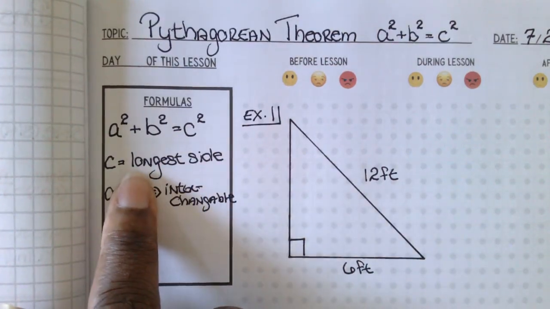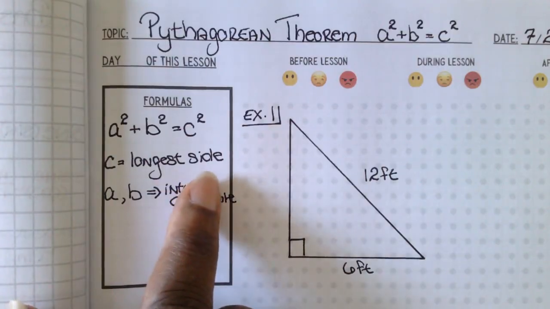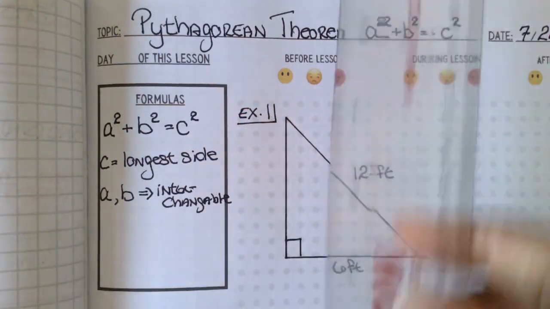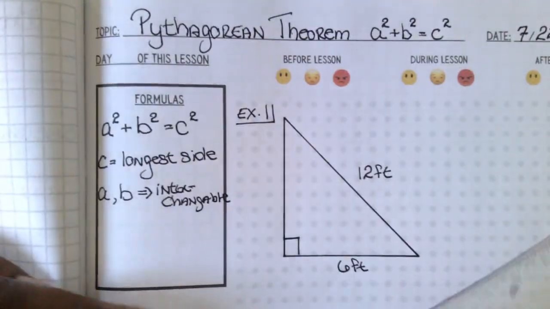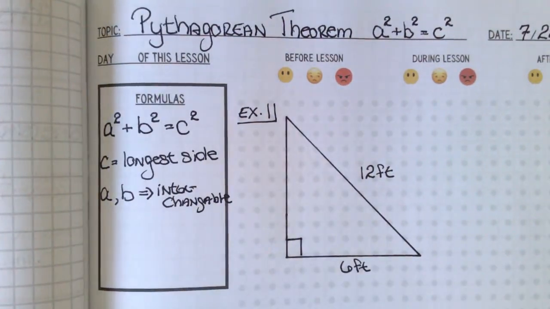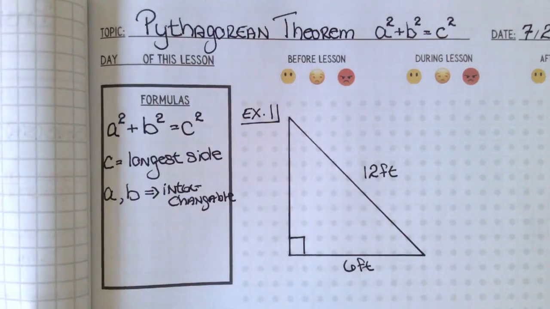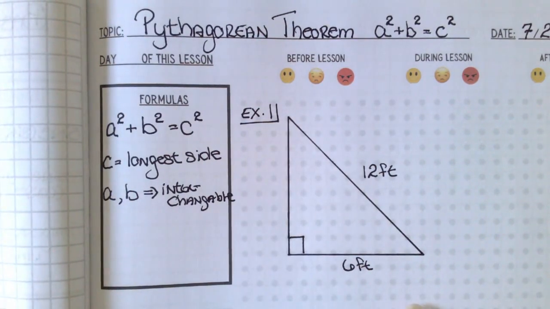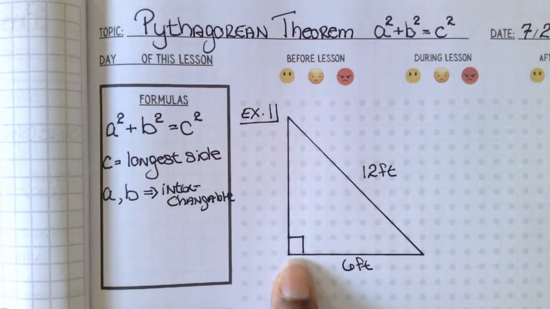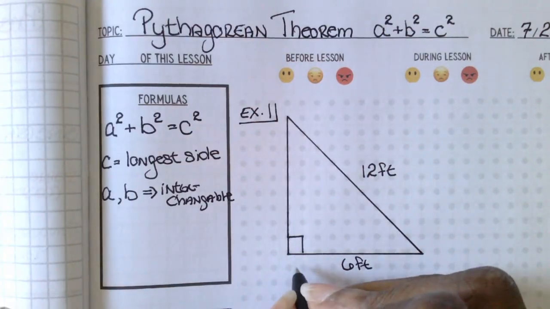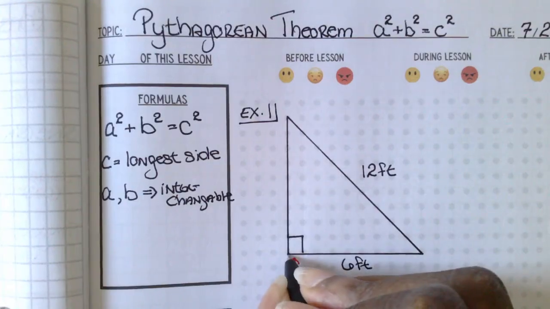So the one thing I want to tell you is that C is your longest side. Now, you're not going to whip out a ruler and measure, like, let me see which side is my longest side. No, we ain't got all the time for that. Get that out of there. We're going to use that later. But how you can tell it's the longest side is based off of the largest angle. You're only using the Pythagorean Theorem for right triangles. How do I know it's a right triangle? Because this little box right here is telling me that the measure of this angle